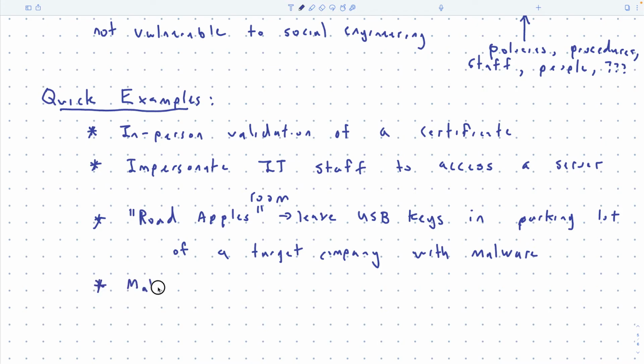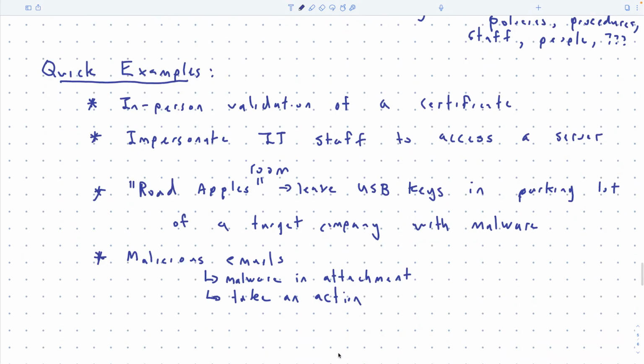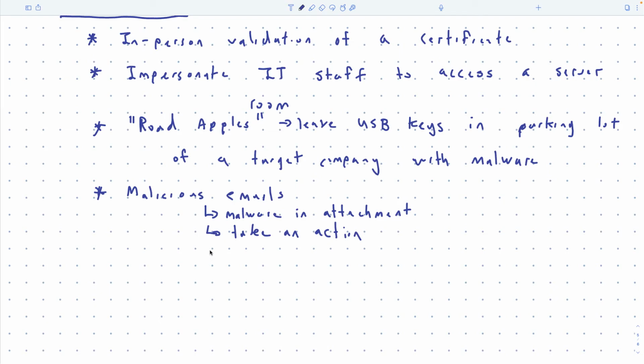A more down-to-earth approach, which is no less effective, is malicious emails, which I'm sure everyone in this room has gotten. So you could have malware as an attachment. That doesn't really work so well these days. Unless you're running your own mail server, most mail servers that you use are going to be scanning for malware. It could be like they just try and convince you to take an action. So it's not malicious in the email itself. It's just impersonating someone else, and they want you to go over and, I don't know, open the server room or something like that.